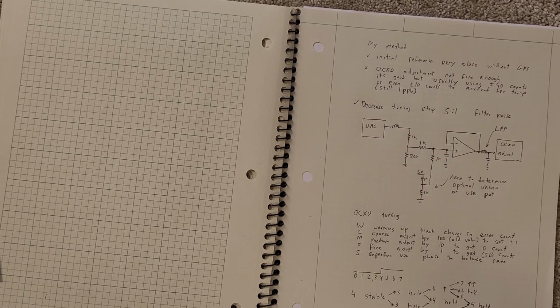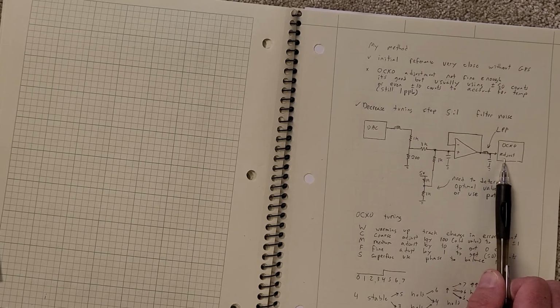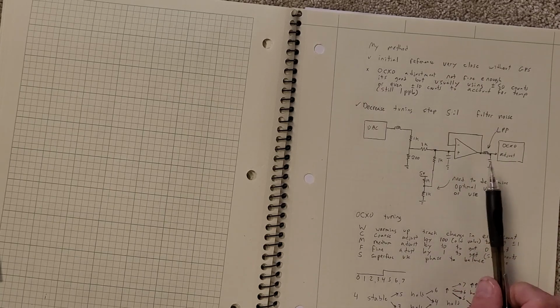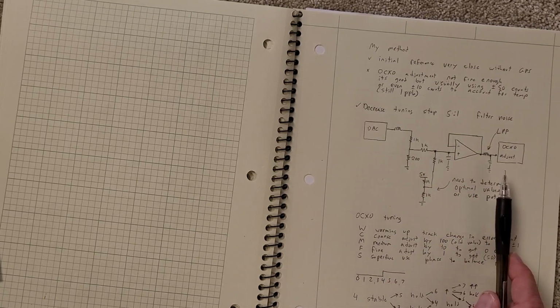The other thing, and actually, regardless of the noise, the OCXO, I'll filter that also and have a cap there. Inside the OCXO, it can attenuate that noise also. If you get a lot of noise, the OCXO adjusts slowly, and certainly well below the frequency of the noise coming in there. That's why, again, with 200 millivolts of noise in the whole power supply system,